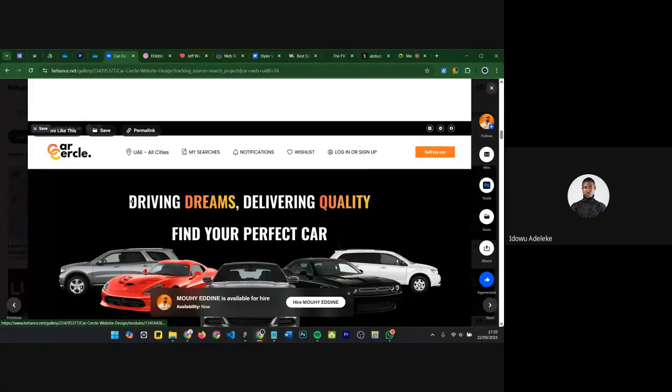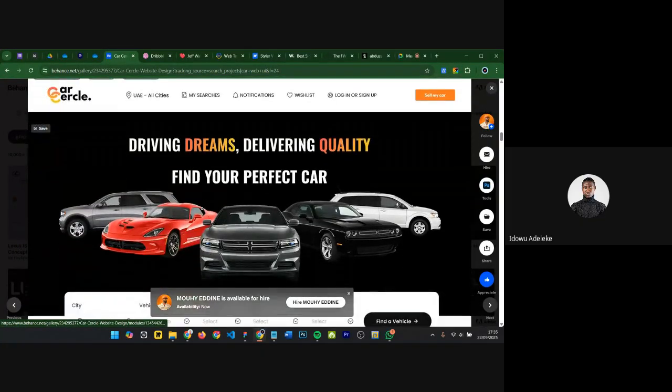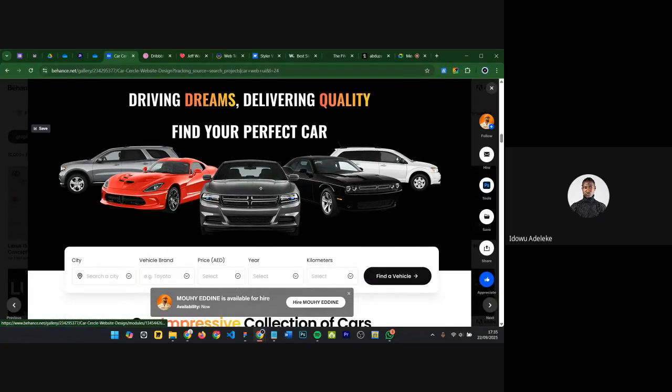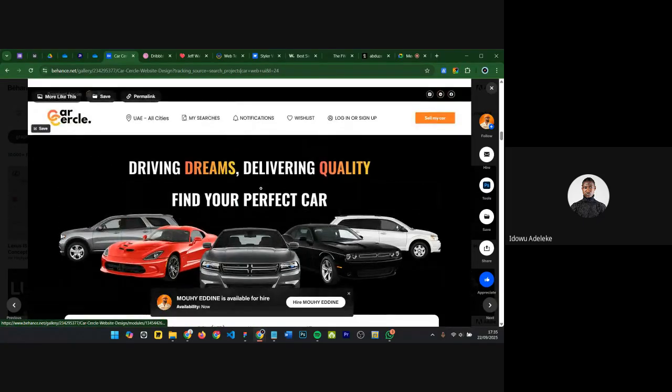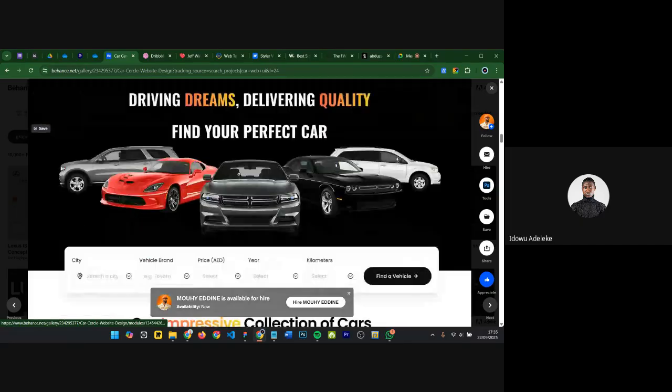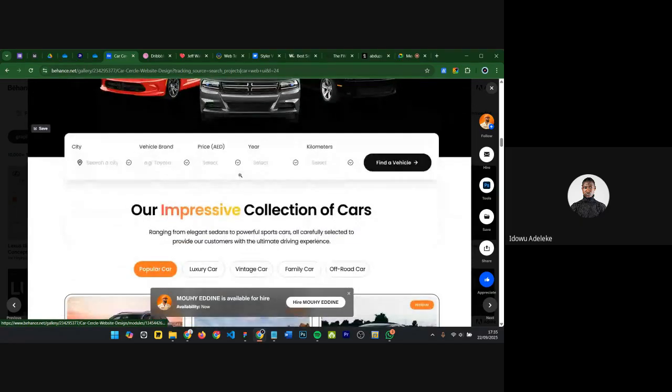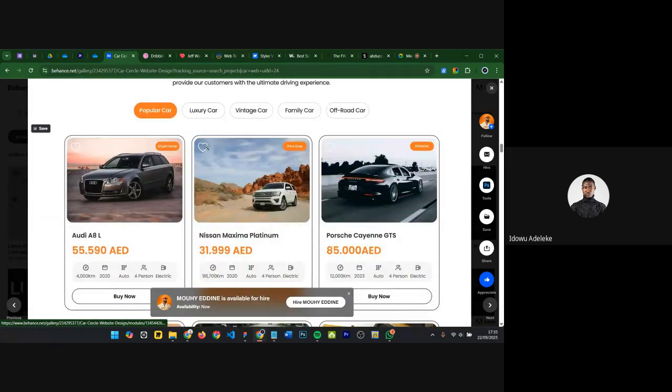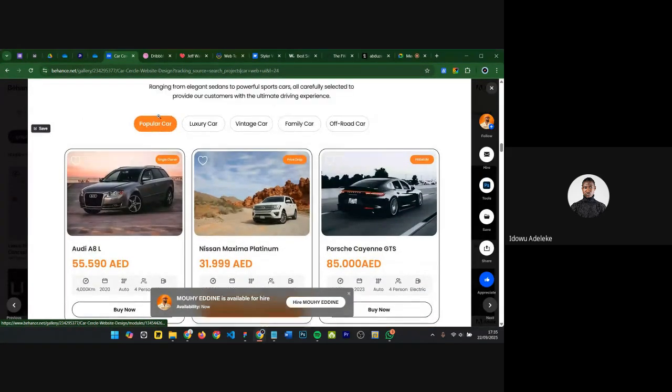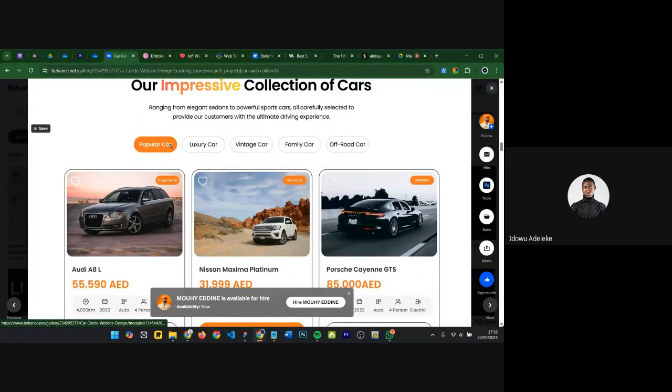For example, this one is not like a home service, but it's something that people want to feel and relax, and they want to be able to create some level of trust, because if you want to buy a car, you spend a lot of money, so they want to make sure they get satisfied. And to be honest, I like these cars. Okay, we have category A where we can say maybe you want to buy